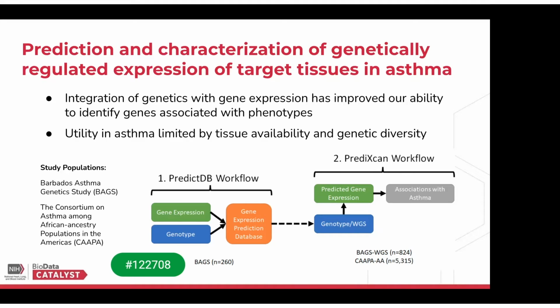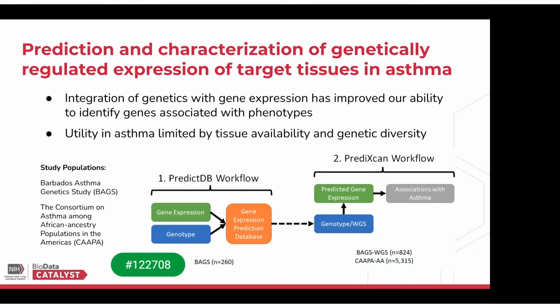And that's a workflow that was put together. We adjusted for certain covariates, and then saved the weights on each SNP that were informative for predicting gene expression, and then we applied those to external data sets. That is our second workflow, which is called PredictScan. So we use that prediction database, and